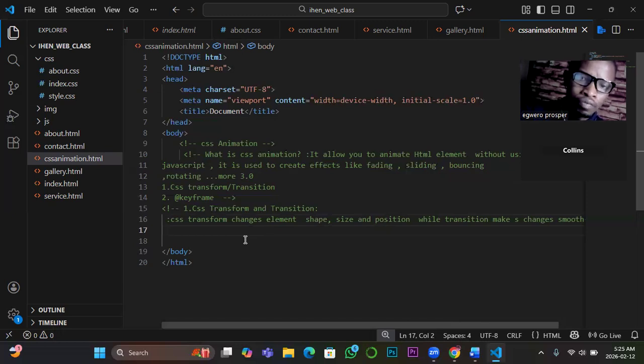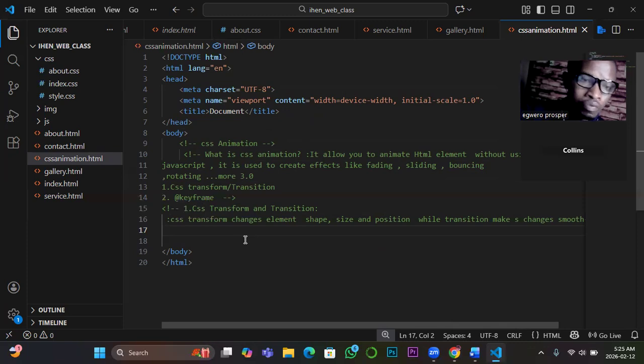We have that one majors on changing the size or the shape. Then we have the transform skew, that one changing the way you view it. We have the transform rotate, that one changing the angle of placement. And then we have